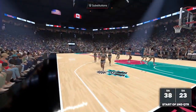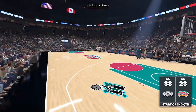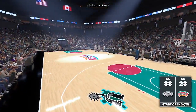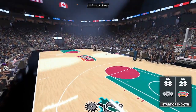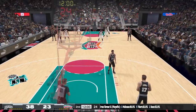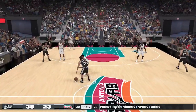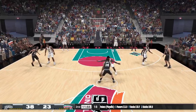And welcome back to the second quarter of action. Plenty of basketball left to play, but this one has been one-sided so far. All right, we'll take a look now at how the points have been generated so far. A scoring breakdown for the Spurs. They didn't hesitate to start working the offensive glass, and I tell you, those efforts have been rewarded with these